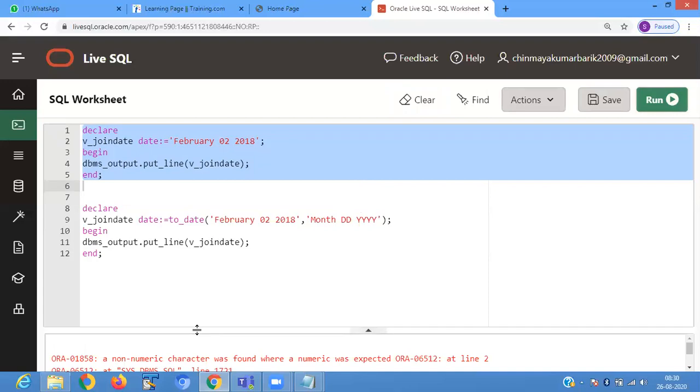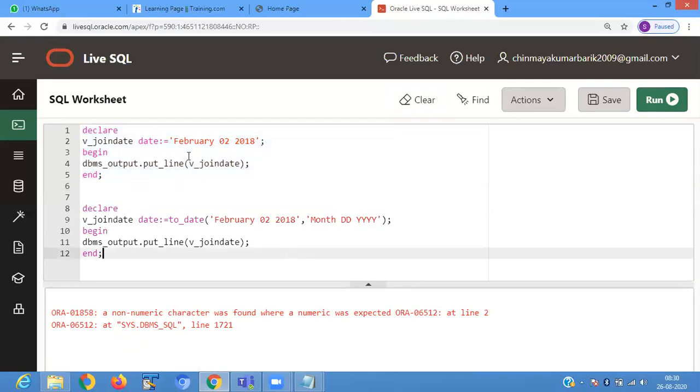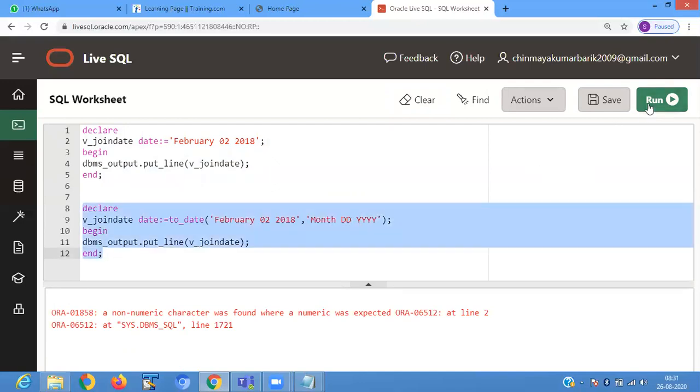It shows an error: non-numeric character was found where numeric was expected. Now we convert this string into year and month format. The compiler is not understanding what value you are passing.